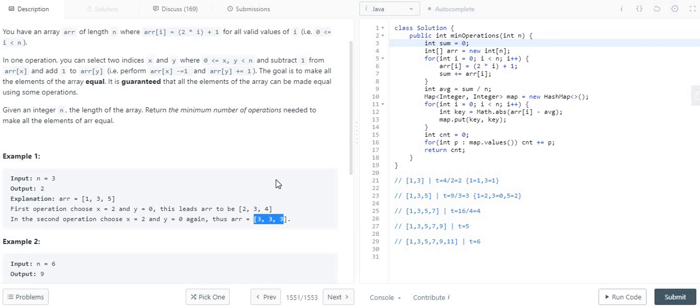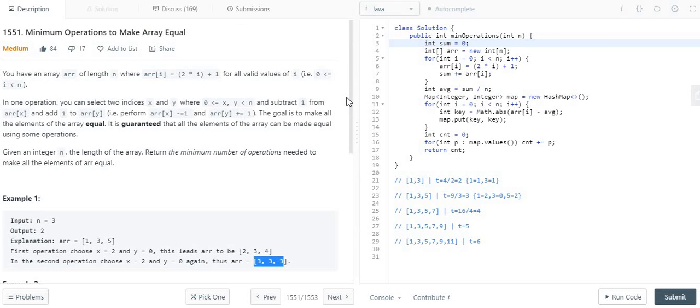And eventually what we have to return is the count value, that is the minimum number of operations we have performed. So let me show you with an example what the intuition is and how I came to this formula. Whenever I get this kind of problem, I do a couple of things.